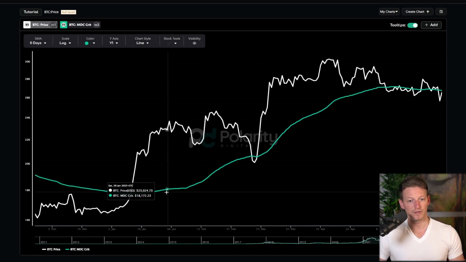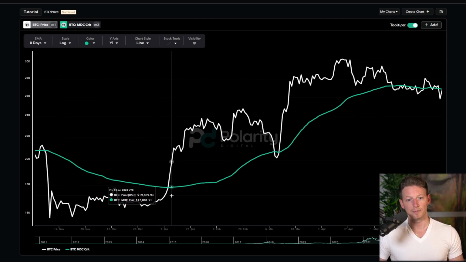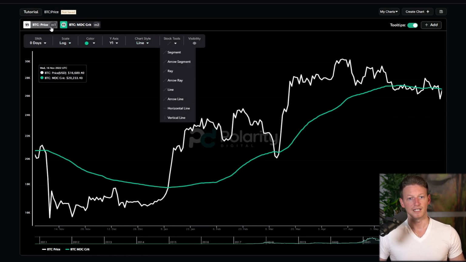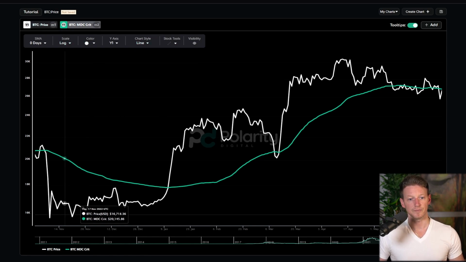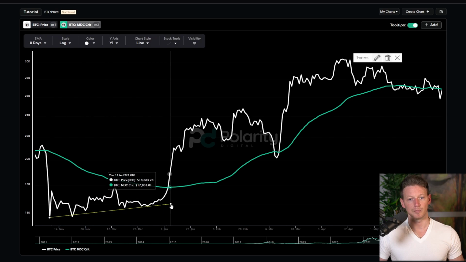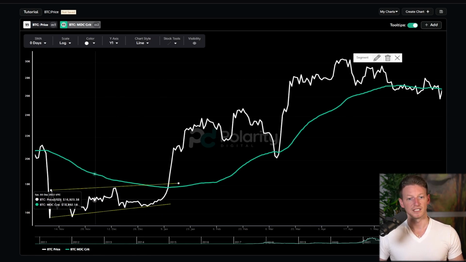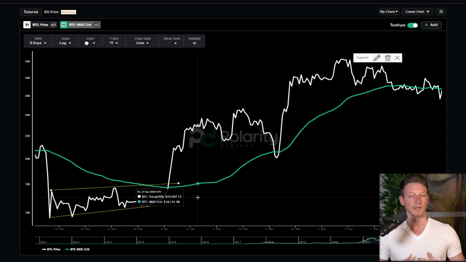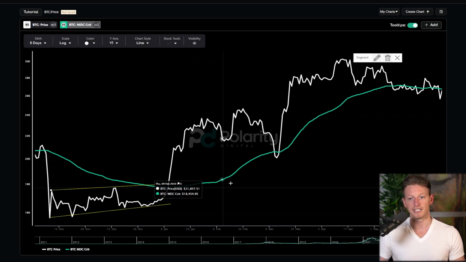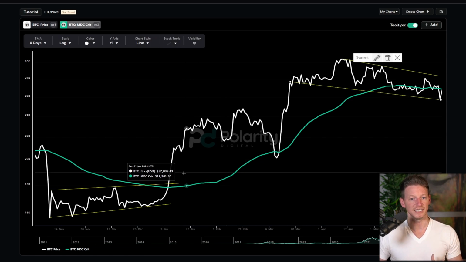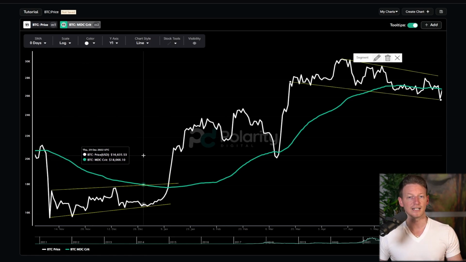And maybe I'll follow that up over time as we start to break above. Now, let's compare that to the end of the year when we broke above right here. We were in more of an upwards channel at this point, right? When we look at the price here, the price had been trending up like this and not trending down like we've seen over the last couple months. So we were in this upward trend and then we broke above the MDC convincingly. In this case, we've been in more of a downwards trend. It's very rare to see the price trending down and then all of a sudden go on a massive price run to the upside.